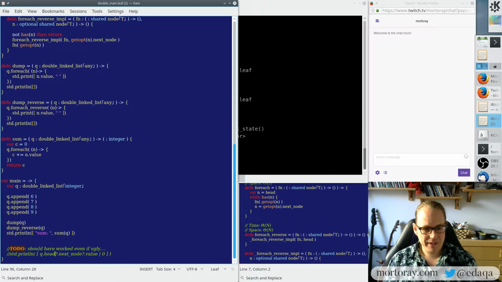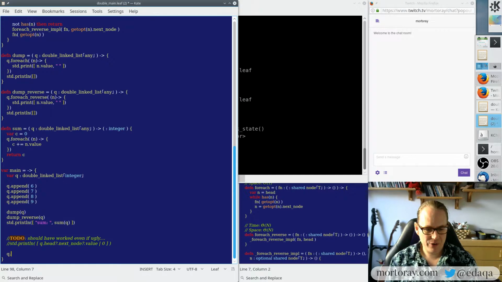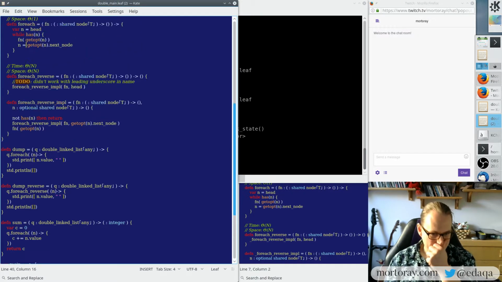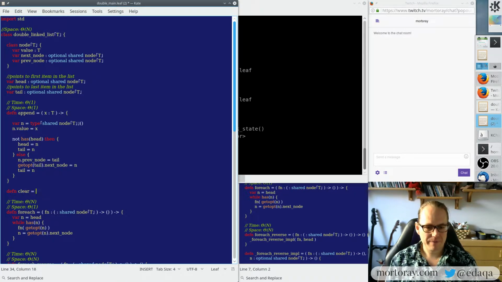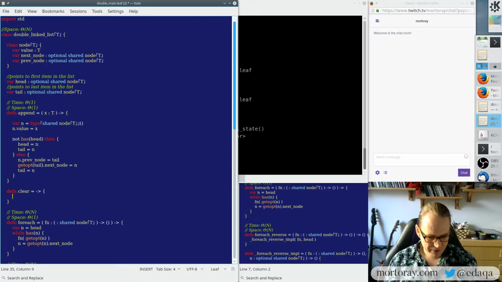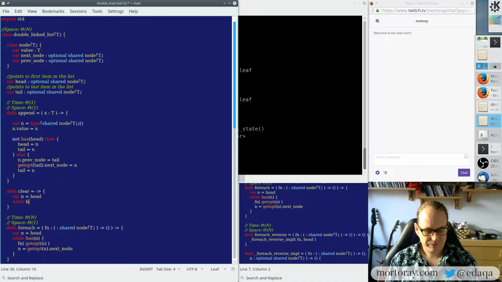And to fix this problem, we can simply do a q.clear at the end. So let's write a clear function. And if we clear everything out, then the memory will be gone. And clearing is simply a matter of doing var n equals head. We start at head. And while we have n, we're going to say